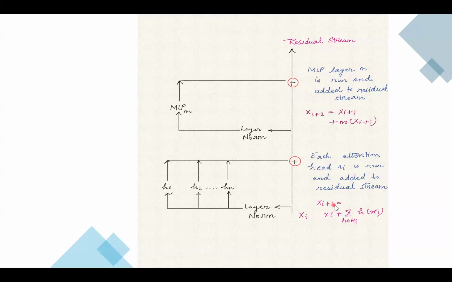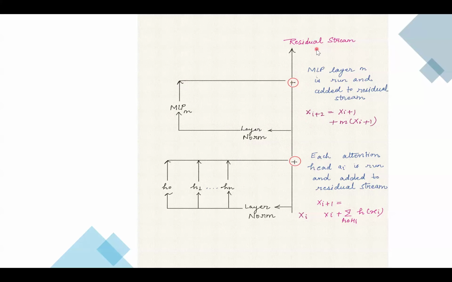So for example, xi plus 1 would be somewhere here. xi plus 1 would be nothing but the value of the vector xi, plus whatever the concatenation of all the self attentions was. And then you just add it back here, and that becomes your input for the next layer. And then you again do a layer normalization over this. You give it to the MLP layer, and whatever vector that gives you, you add to xi plus 1,